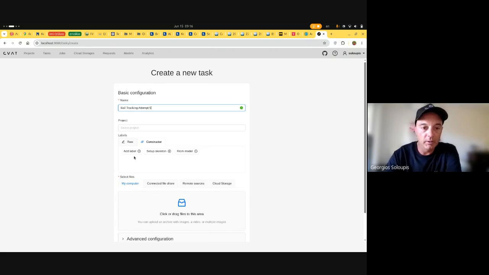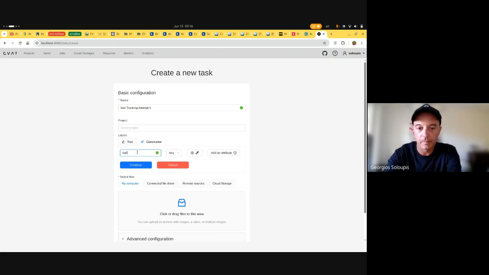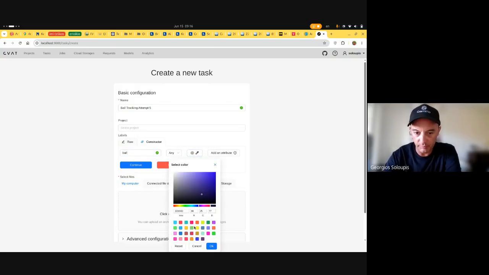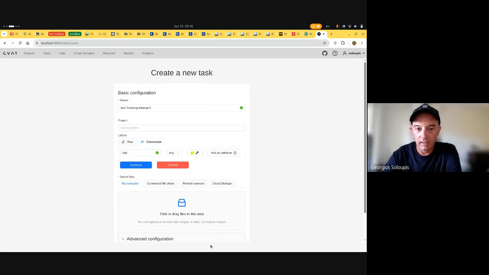You go to the labels. Of course, we are tracking a ball, so basically we can name it ball, and we can use a color for this. If you have more things to track, then you can use more labels below with a different color. So we click continue, and